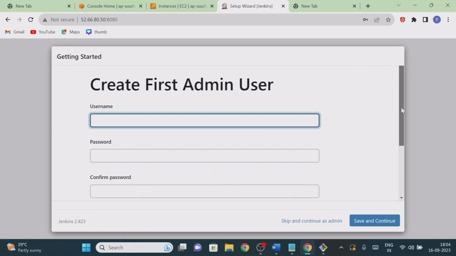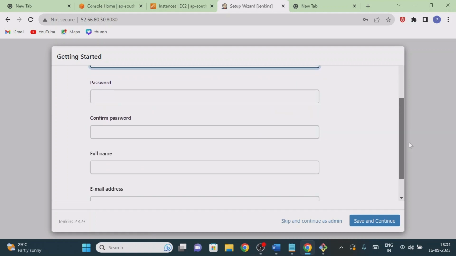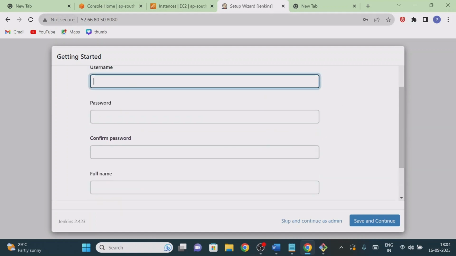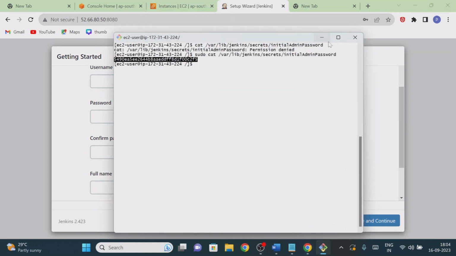Now see that these things we need to enter, right? The next time you type this address, we don't have to copy this password again. This password we don't need to copy each and every time. For the first time only we have to copy this key, then paste it. Once it is done, next time onwards it is not required.